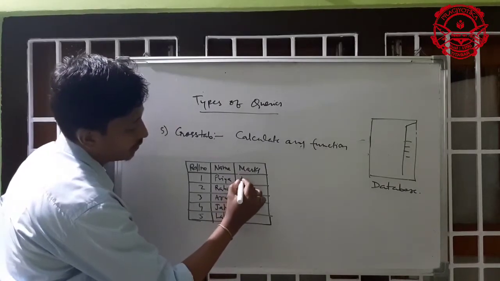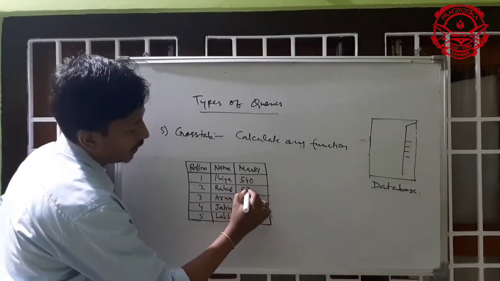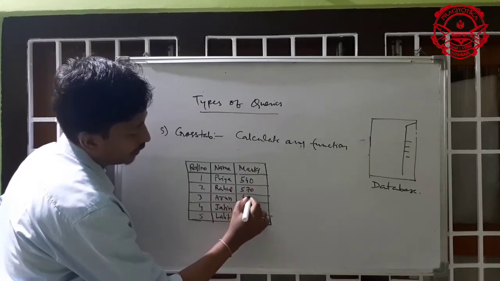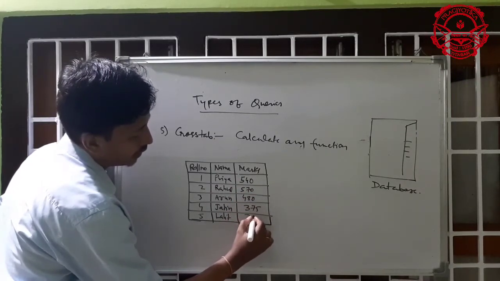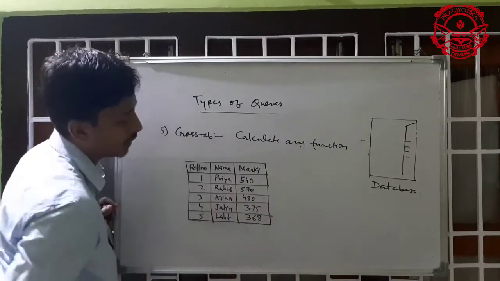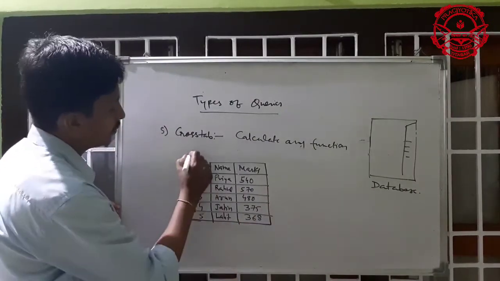Say marks 540, 570, 480, 375, 368. Okay. Now in this student table,